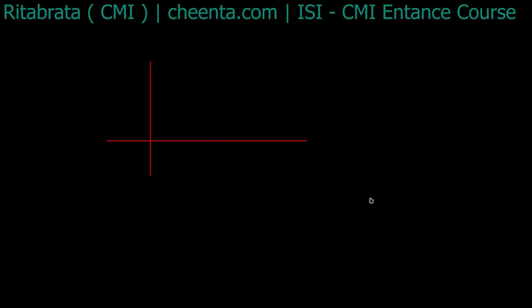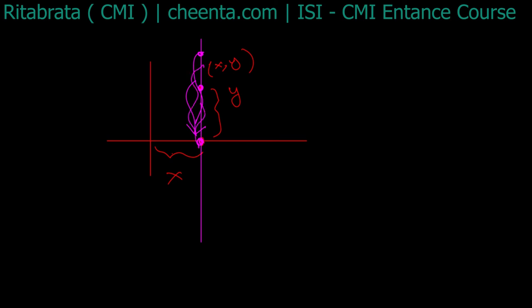Because what does my f do? f maps any point to just its first coordinate. Now, this is my x, this is my y, this is my point (x, y). f maps this to just, f just drops the y coordinate, like it projects it onto the x-axis. This is the action of f. We can easily see that if I fix x and vary over y, all points give me the same x, so any element has infinitely many pre-images. So f is onto but not 1-1, and similarly